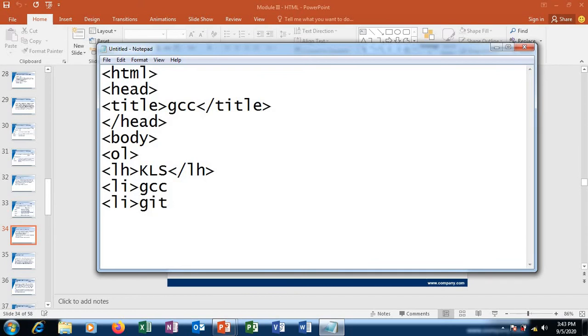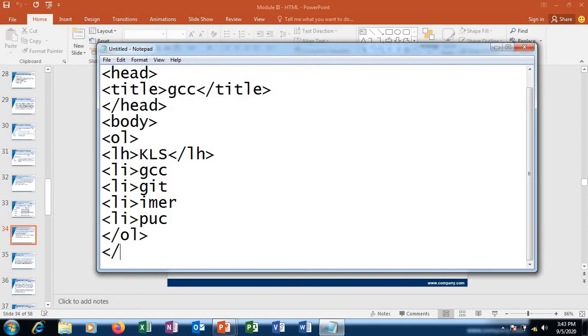I'll be adding these with small letters. Then we have IMER. Of course we have a lot more, but as this is an example, let us limit our choices to only 4. And then we'll end the ordered listing tag.